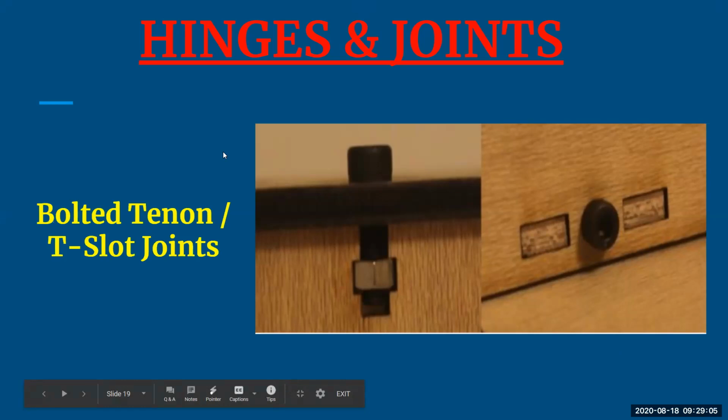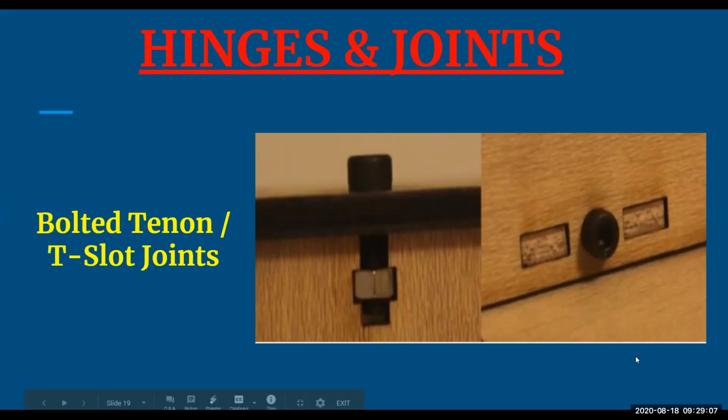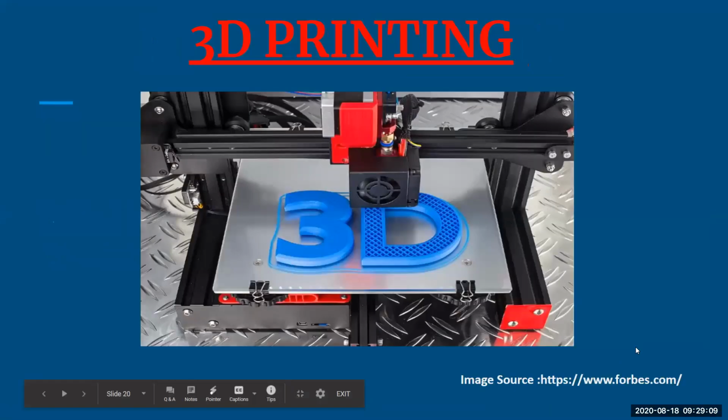Let's move to the next. Next is your 3D printing. Whenever we talk about 3D printing, this helps you to create three-dimensional solid objects. Again, the step remains the same. You need to have a CAD file first for whatever you want to design as 3D. And then this file must be translated into the language that is understandable by your 3D machines.